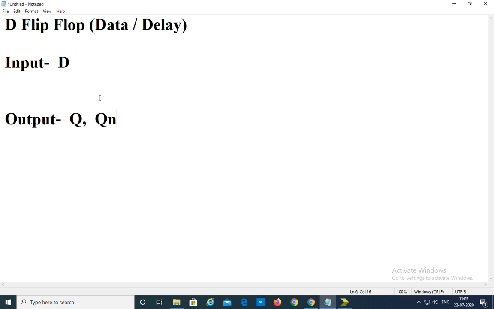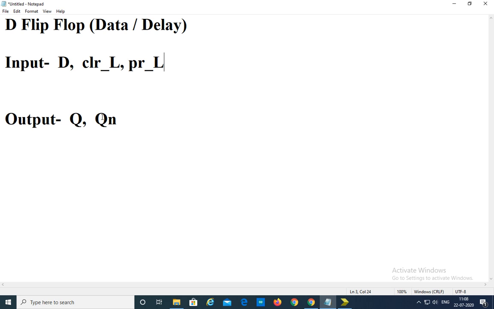But to make the flip-flop reset, that is to make the output of the flip-flop 0 and 1 irrespective of the input, there are asynchronous inputs. Clear underscore L makes the output 0 irrespective of the state of the flip-flop and irrespective of the input. And preset underscore L is the pin where, irrespective of the input of the flip-flop, the output is going to be changed to 1 if preset is active. So these are the three inputs and two outputs we are using for the D flip-flop.